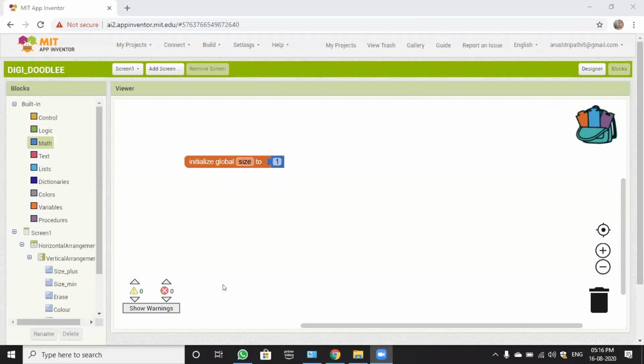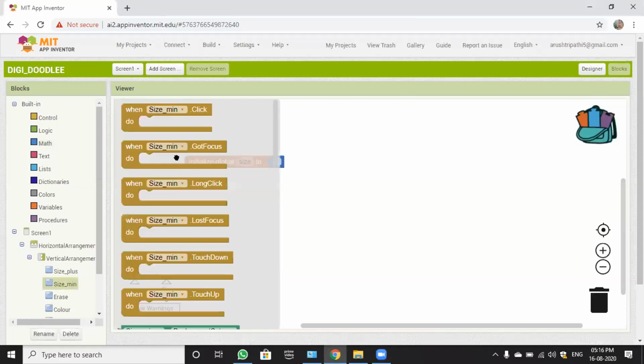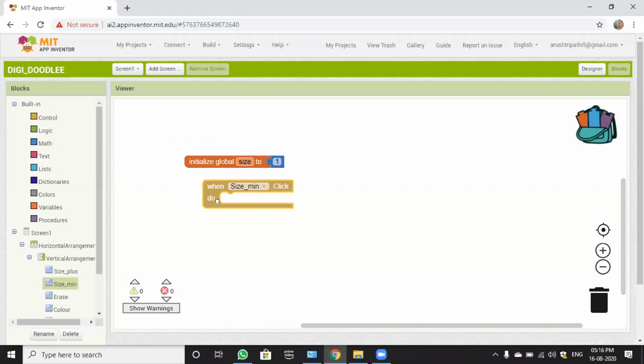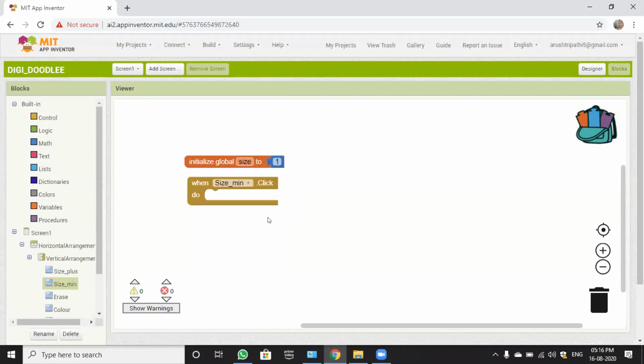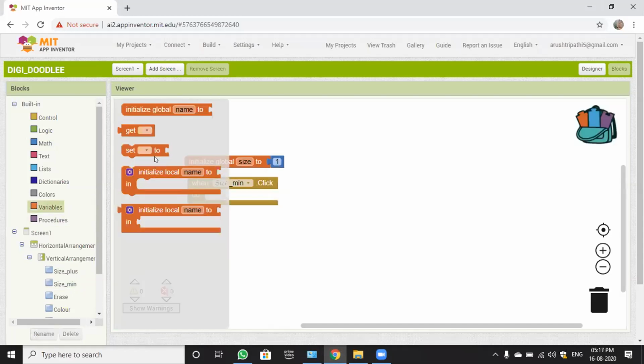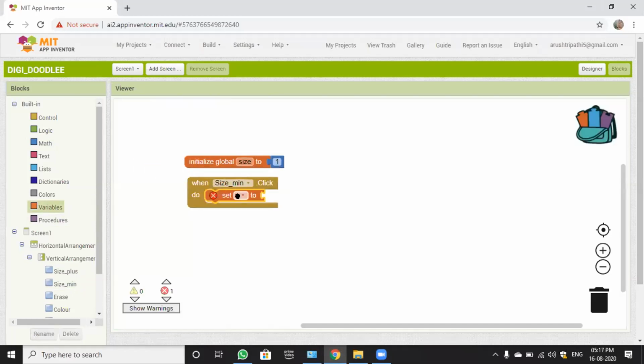Okay, so now you have to click on when size min dot click. Take a block event handler when size dot min dot click. Are you able to see? Now click on variable, set dash to.